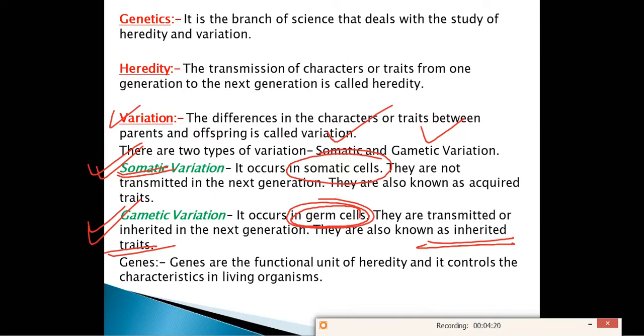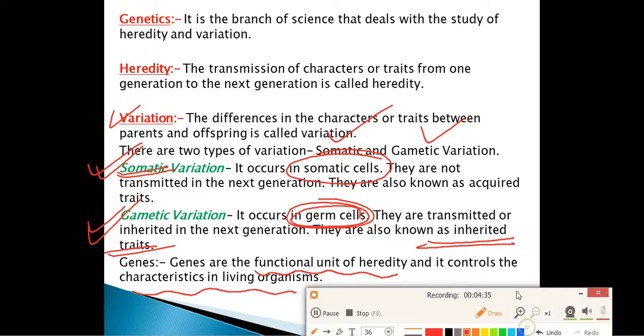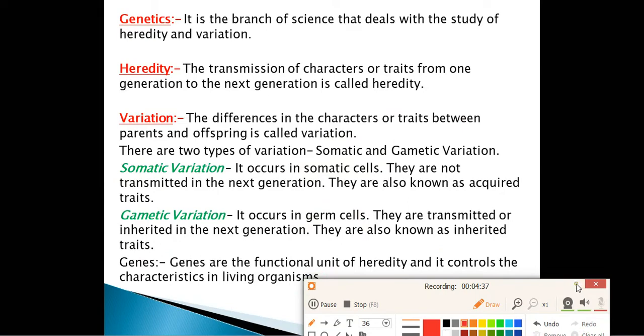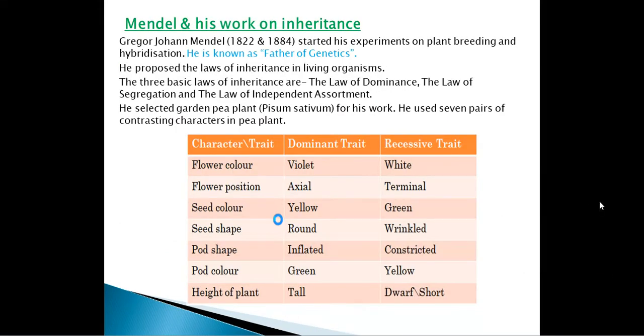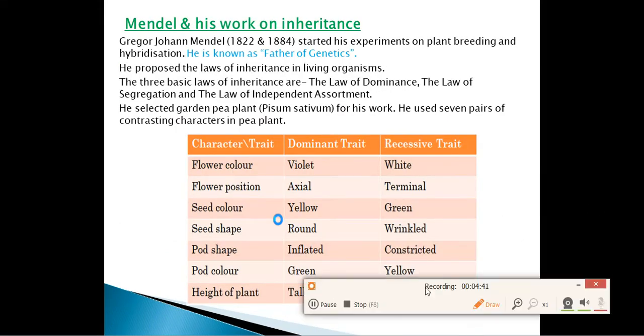These characters which we have in our body are controlled by the genes, because they are passed on from one generation to the other generation. So remember that genes are the functional unit of heredity, and they control the characteristics in living organisms. Now let's go to the next slide, in which we will read about Mendel and his work on